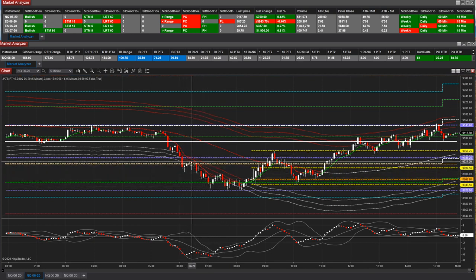So there's your range extension breakout, usually preceded by a bigger ATR bar to signal your move, or that's what you would like to see. You don't want to see drift, little tiny indecisive bars. You really do want to see something that's going to be leading you to your promised land. NQ is very famous about getting you right to a level and then turning around and not closing the level. But